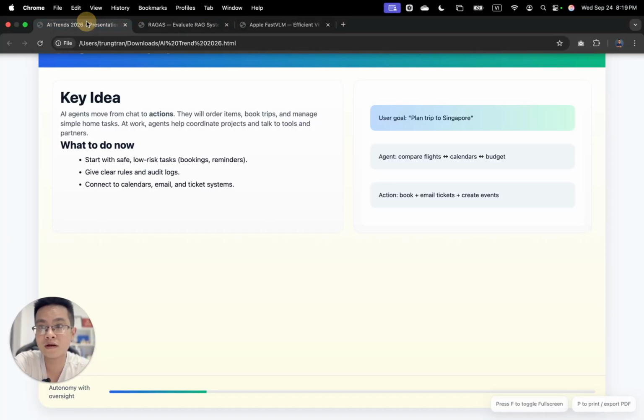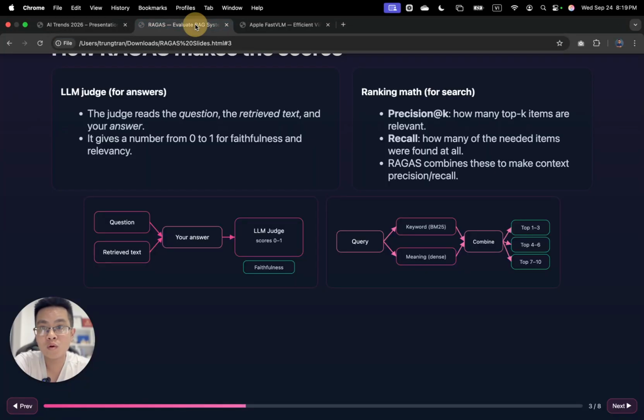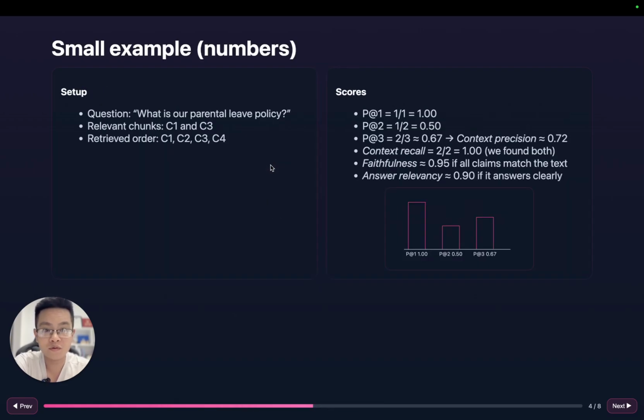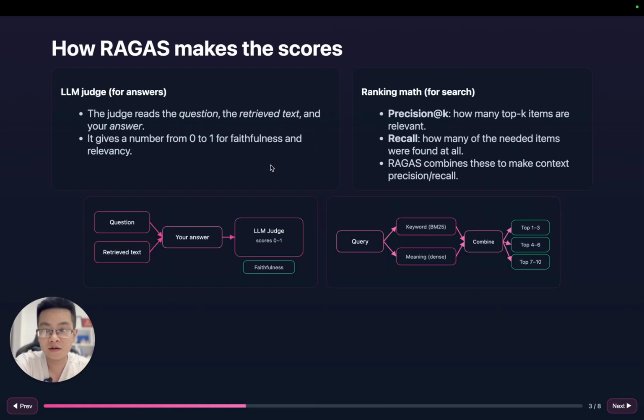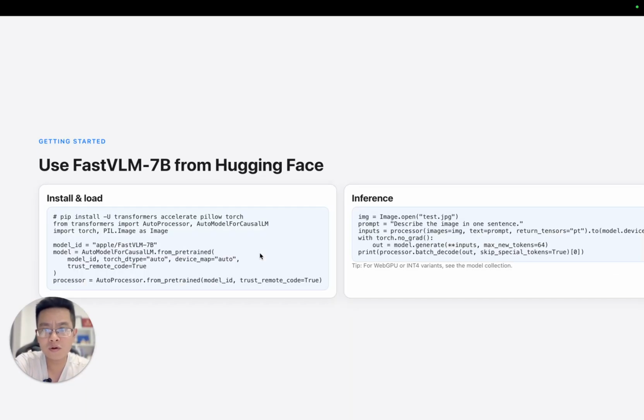For example, like this one about the AI trend, right? A beautiful presentation slide with some visualizations. Maybe this one about RAG assessment, right? With a chart, with the workflow, something like that, or maybe about FastVLM, a very simple one. All generated by AI. And I'm gonna show you how to do that without any additional tool or anything. I can build it in less than 10 minutes, and I think you can do the same,